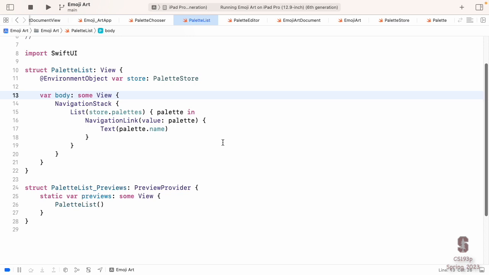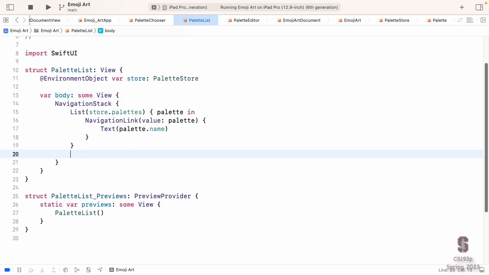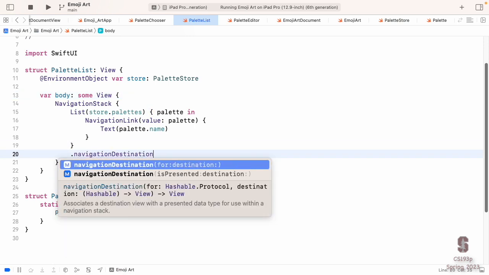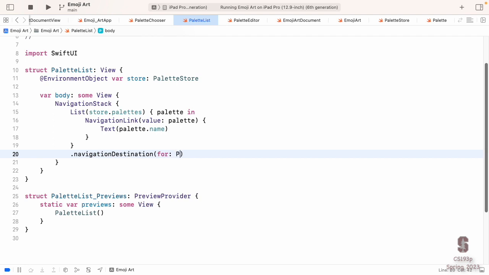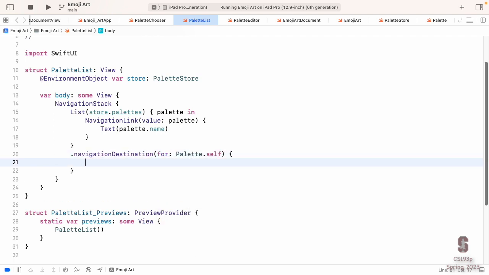The third thing is tell SwiftUI what to do when that value is chosen. When that value that's in that navigation link is chosen, where do we go with it? We do that with navigation destination for what type of thing? In our case, the palettes. What this is saying is when the value of a link is a palette, then this is what to do, the view to show, essentially. So it'll give you that palette back. That's this value that was up here. It's going to give it back to you. And now you have to build a view that will show that palette, and it's going to navigate to it.